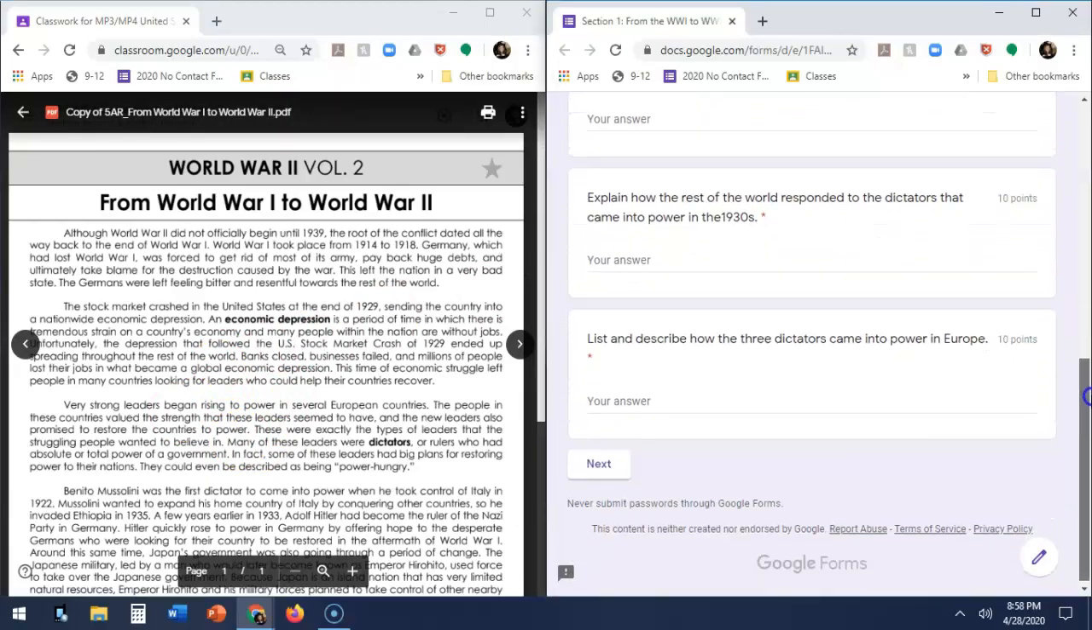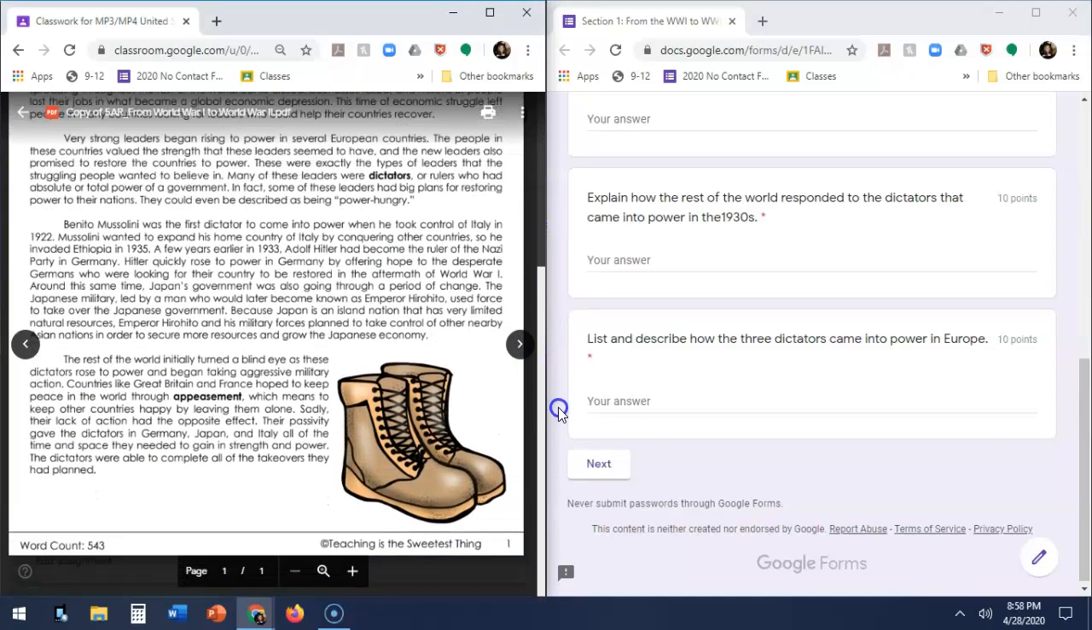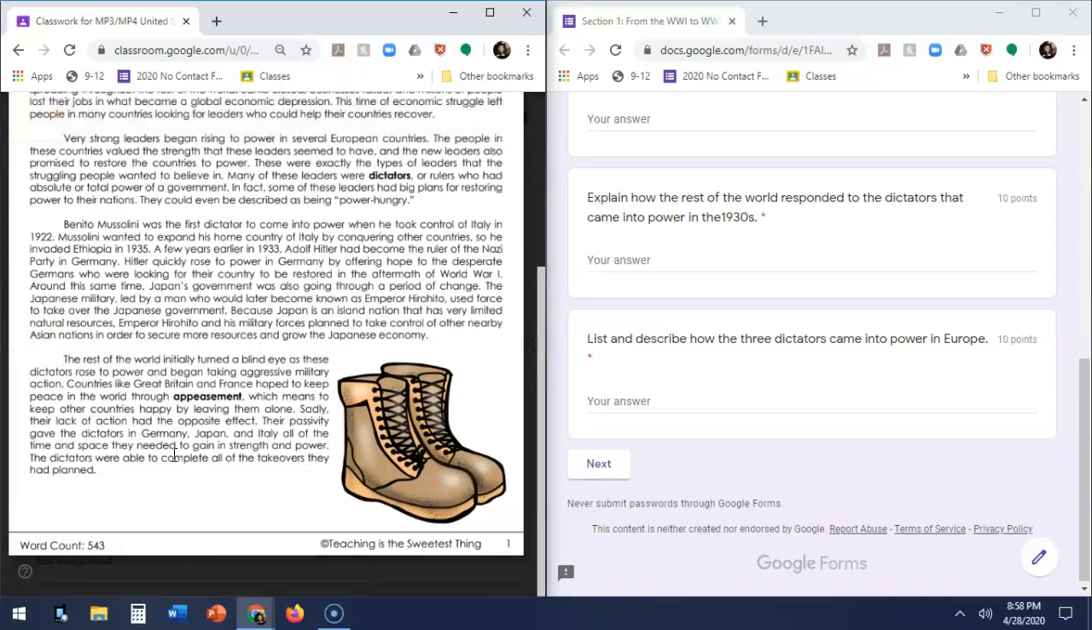Explain how the rest of the world responded to dictators that came into power in the 1930s. So we might not have an answer for that yet. Oh, there we go. The rest of the world. There's our paragraph. The rest of the world initially turned a blind eye as these dictators rose to power and began taking